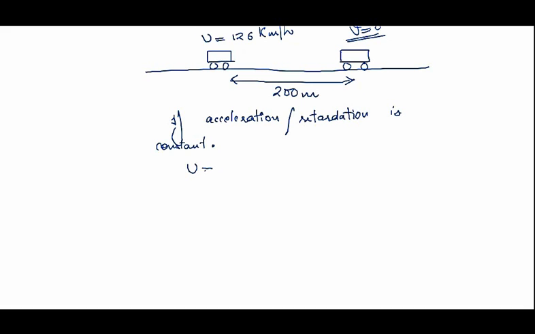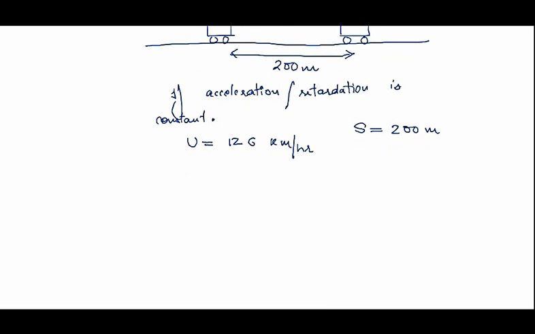First of all, the initial velocity of this car has been provided to you, that is 126 km per hour, while the distance is given in meters. So we need to change either of these quantities. Let us change the initial velocity into meter per second. So 126, 1 kilometer is 1000 meters divided by 3600 seconds. On calculating this, what do you get? You will get 35 meter per second.